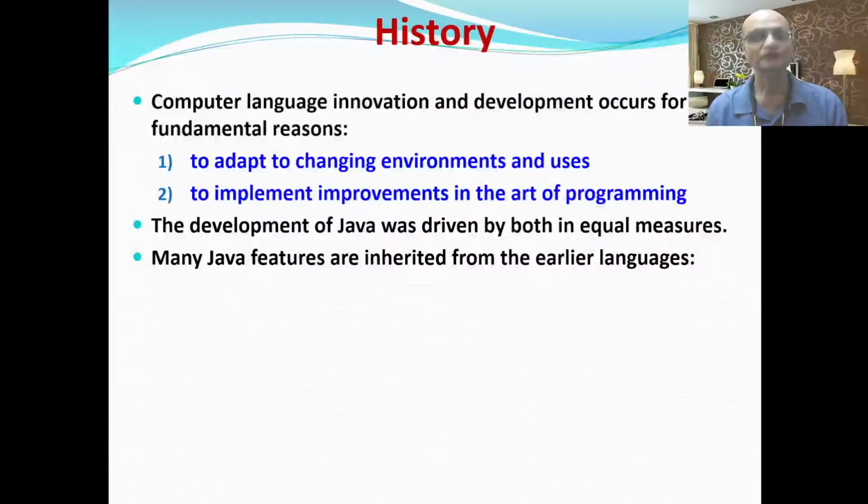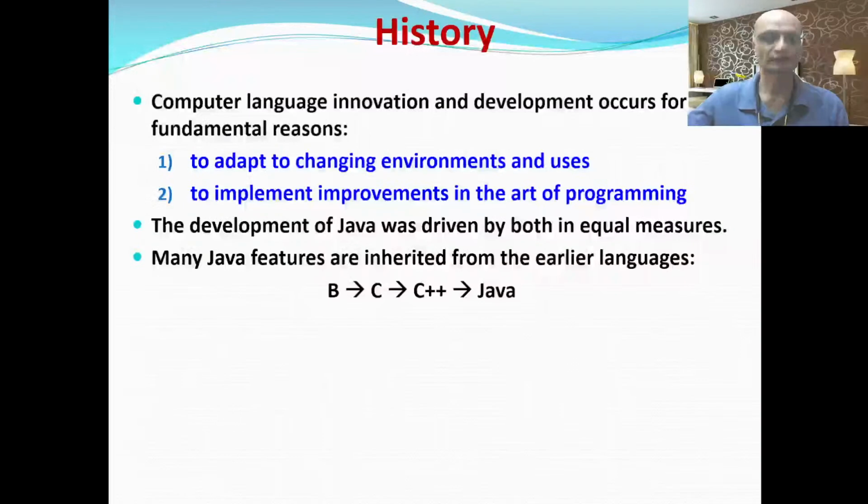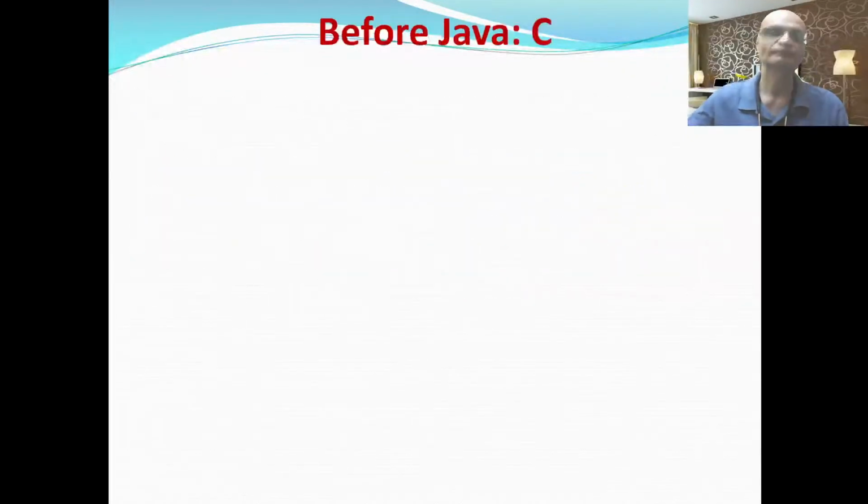Now when it comes to Java, needless to mention, the features that are part of the Java language are inherited or inspired from the earlier languages. Like for example, people used to use BASIC language, then C. C is predominant still, and it's part of core programming still today. So BASIC, C and C++, obviously when we say C++, C happens to be part of that, and then from C++ the evolution towards the Java language.